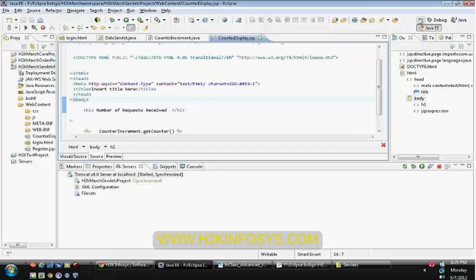In the same way, during the response also, you can specify your filter invocation, which will be specified within your web.xml, and you can specify for what URL.